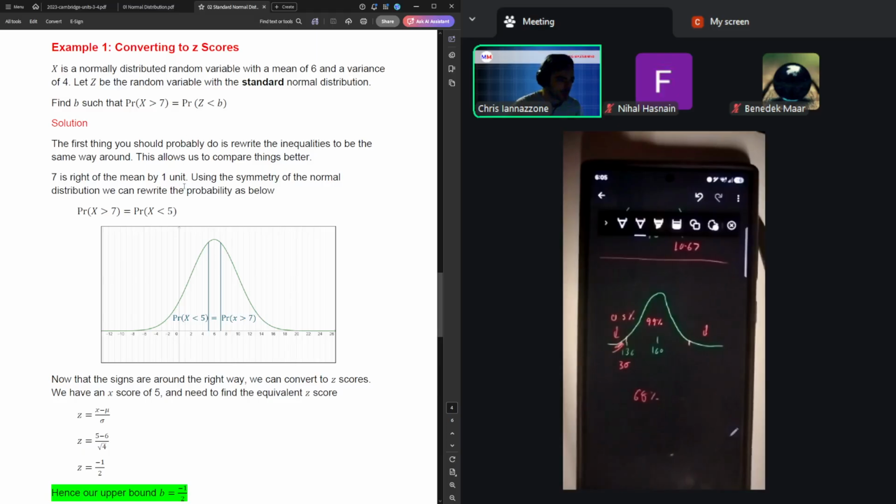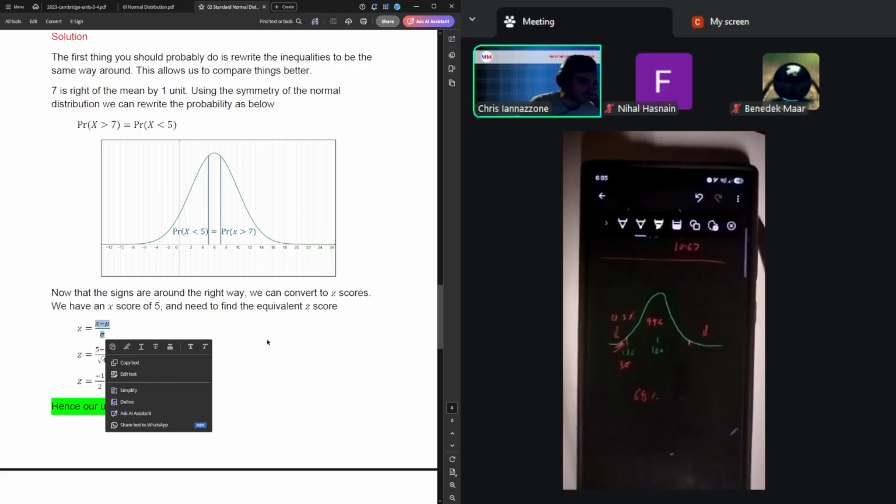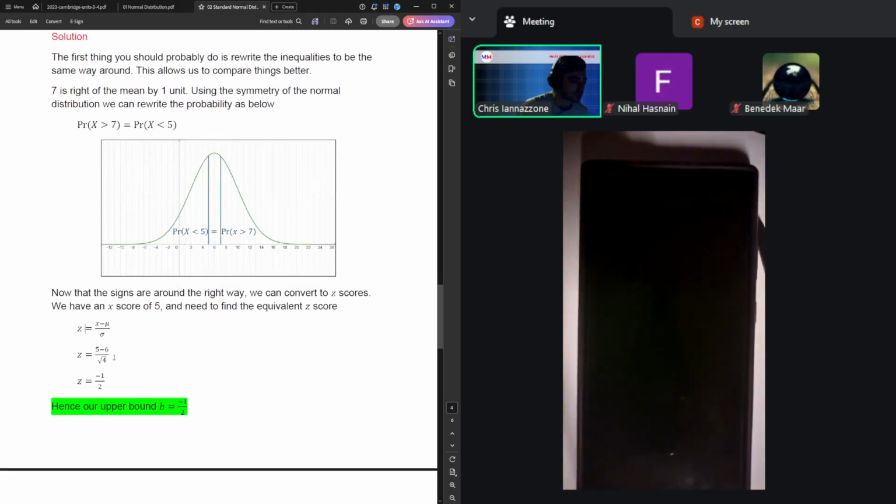Now that they're directly comparable, we have our actual x value, we have our standard deviation, which will end up being 2 from square rooting the variance, we have our mean of 6, we have the 3 variables that matter when it comes to solving for z's. Even though it says b, because it's a z probability using the standard normal distribution, we are calculating a z score. So just plug them all in into those spots, and what you'll find is that z comes out to